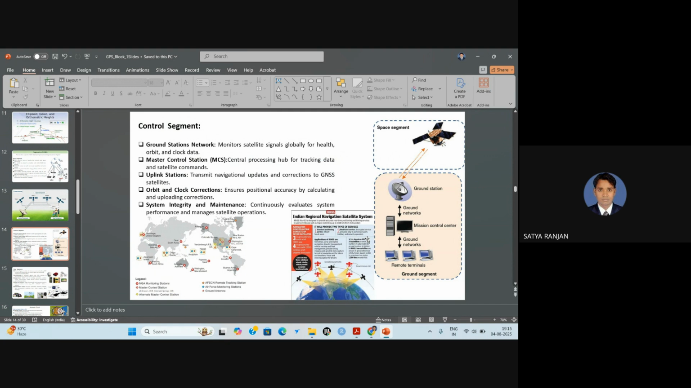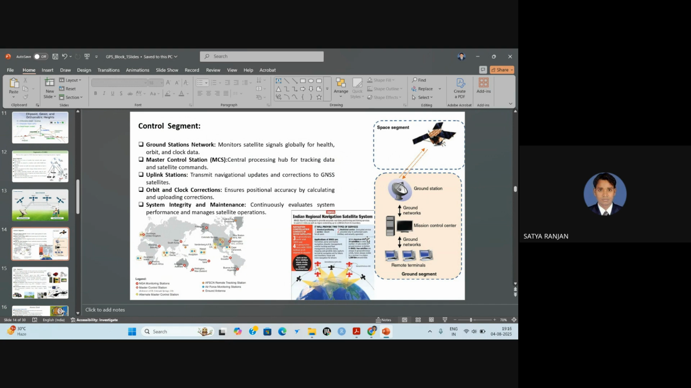Then master control stations are there, which is a central processing hub for tracking data and satellite commands. So some master control station is there, where tracking data and satellite commands are given. Then uplink stations transmit navigational updates and corrections to the GNSS system. So there are uplink stations where navigational updates and corrections are given to the satellite